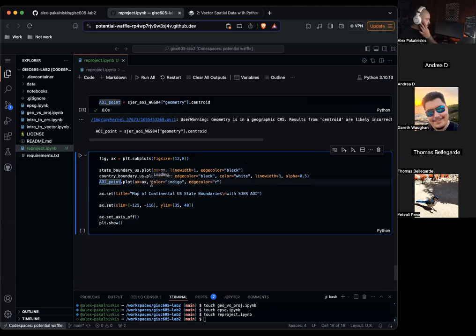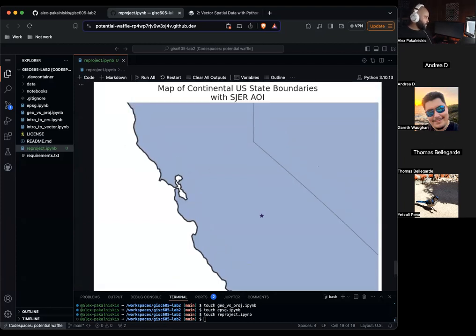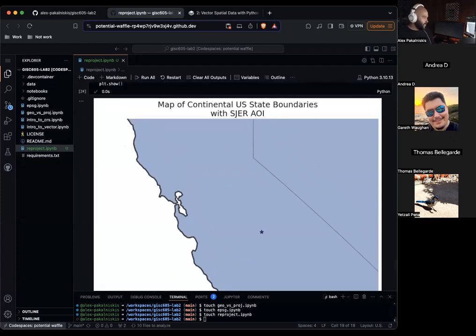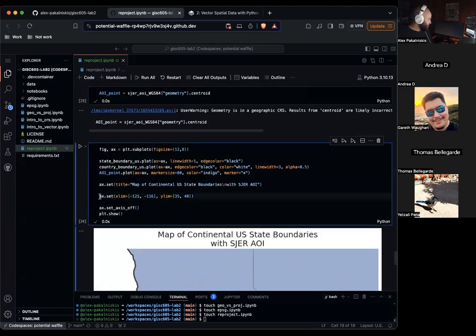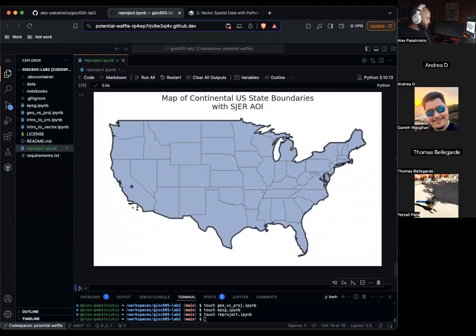Plot. You want to do a marker size 80, color indigo, and let's do a marker of a star. A little better. So you can see how we're kind of improving. We could similarly do this without boundaries, and we'd have the full extent of the US. So now our data lines up on our map, which is kind of cool.